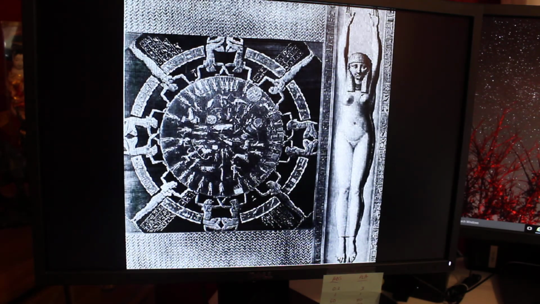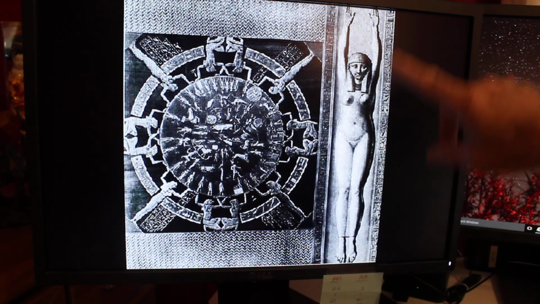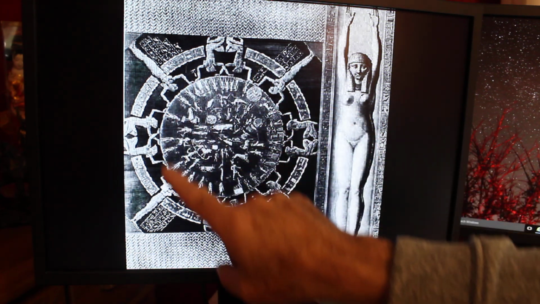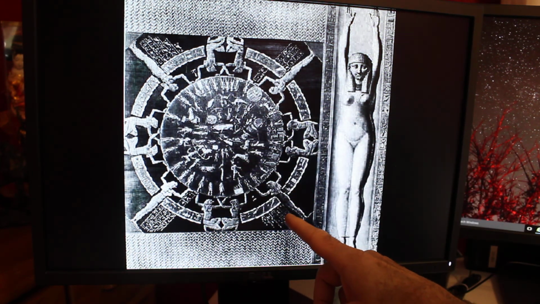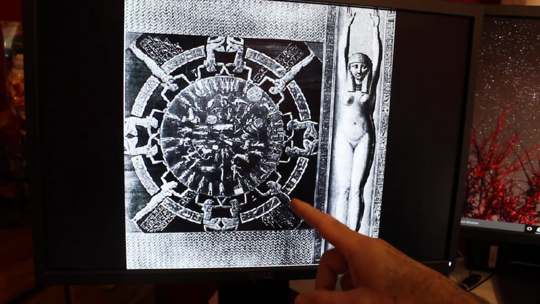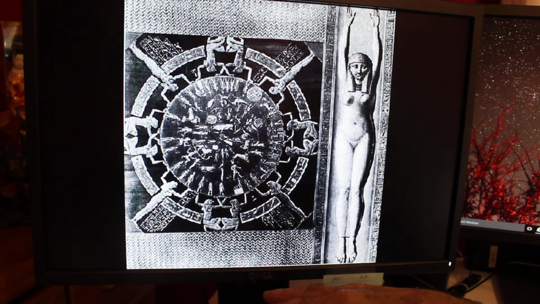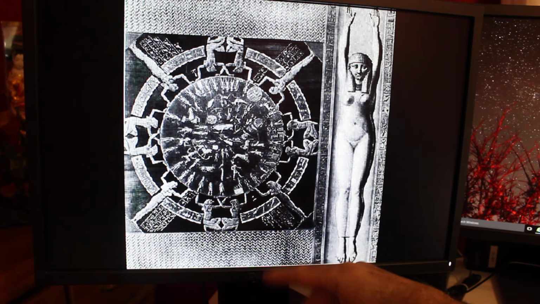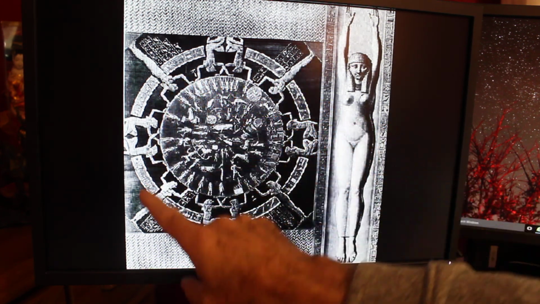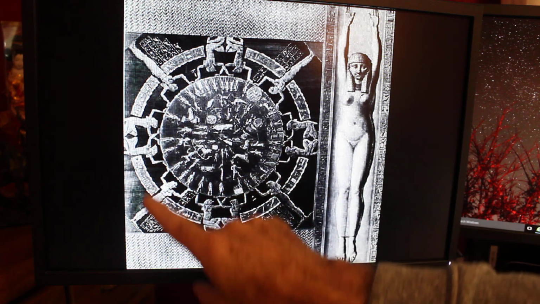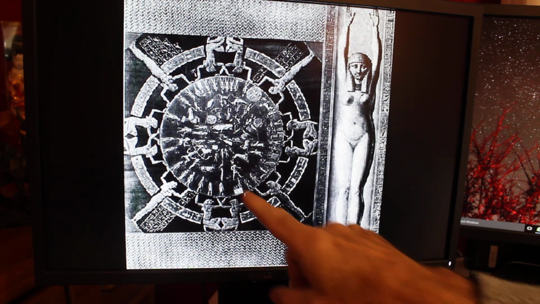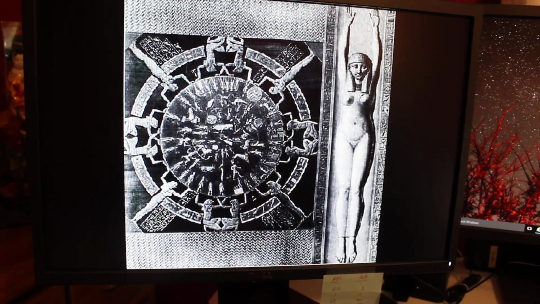This is on the ceiling of the Temple of Dendera. This is the sky goddess Nut over here. You can see her naked body as she's over the top. But this is a star chart. These are their constellations. And some of their constellations are similar to ones we have nowadays, but some of them are very different. They have a hippo. They have the leg of a bull. And you see these four goddesses here. These represent the cardinal points, and they're holding up the sky. And so these are the Egyptian constellations.